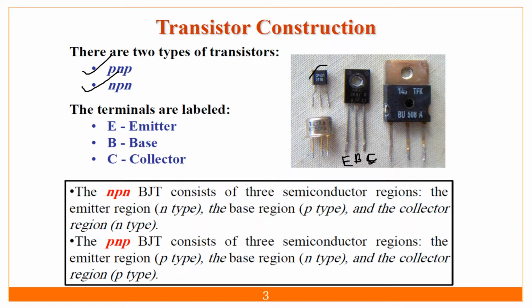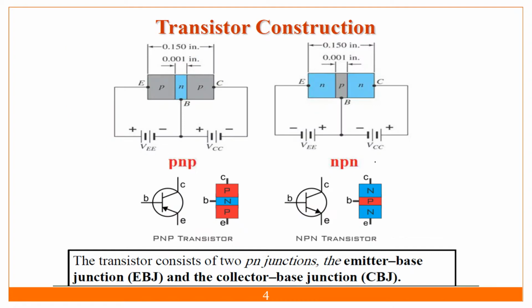NPN transistor and PNP, there are two types, with emitter, base and collector. We have seen this. In the symbol of PNP, the arrow is inside, the current is going inside, and in the NPN transistor, the arrow is outside. The terminal with the arrow is denoted as the emitter. From the emitter we can identify the base and collector. Don't treat this terminal as collector and this terminal as base.